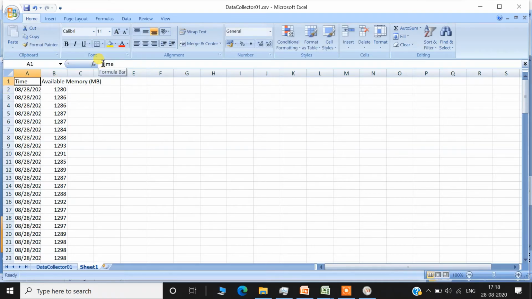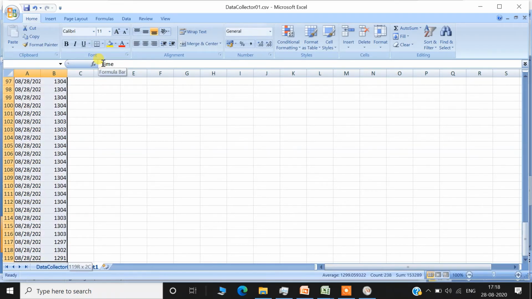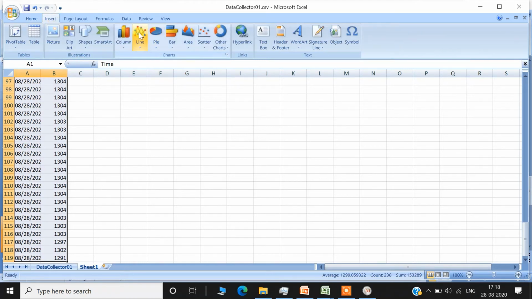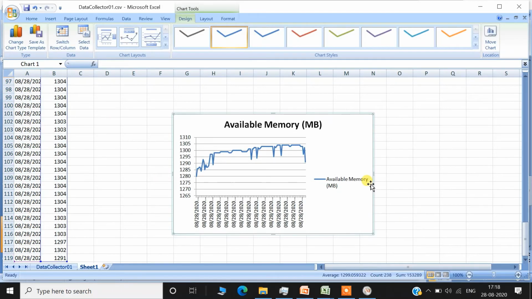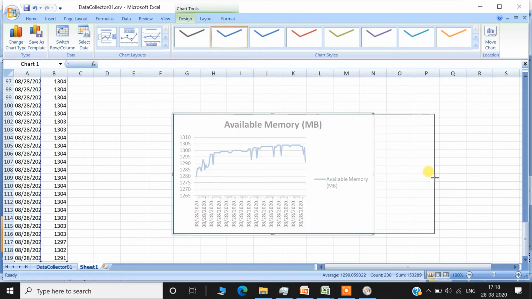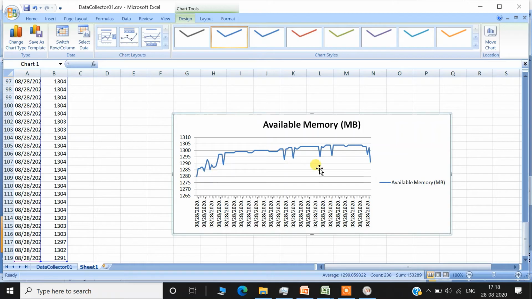I am just going to select Control Shift Down for the values, and create one chart to see what the memory consumption was. Initially I was not doing anything, then I was doing something when I started the counter, so the available memory was less. Then I was speaking and not doing any activity on the system, so the available memory rose up.